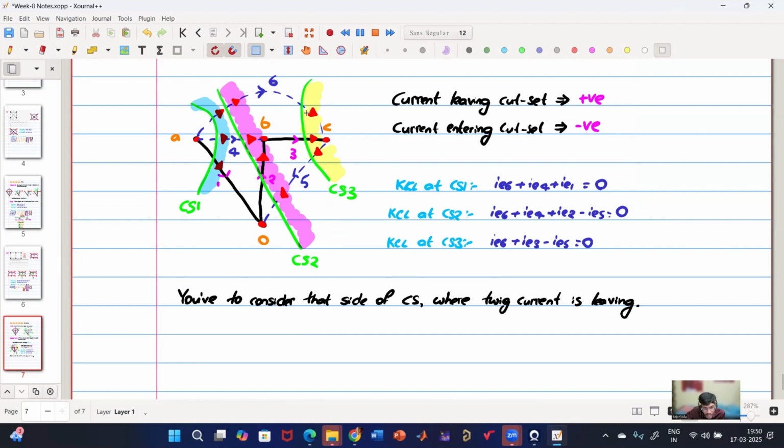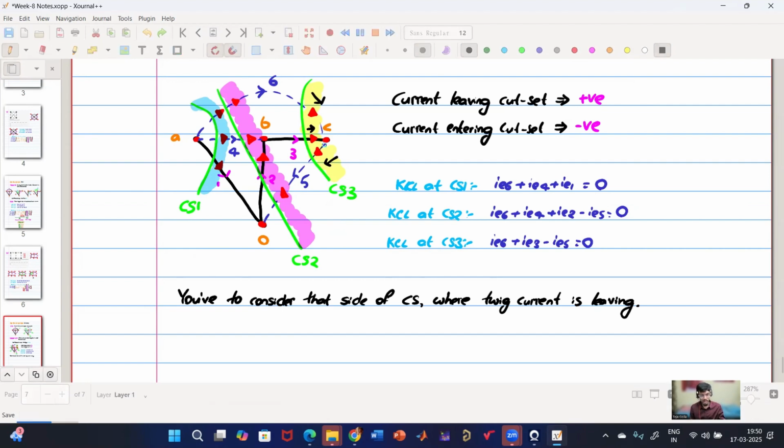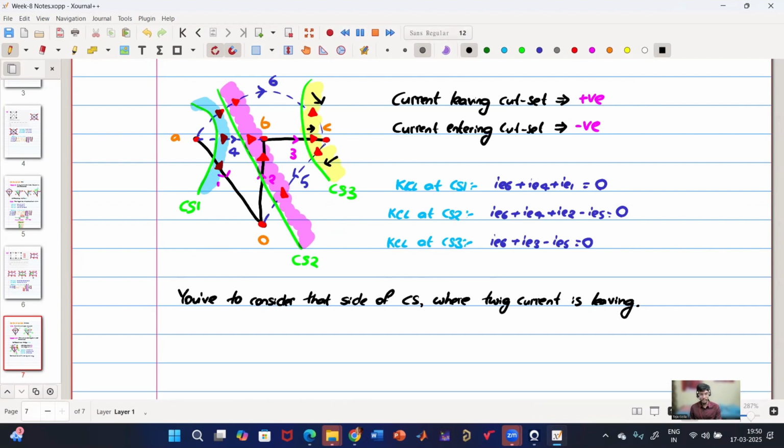Because this side of the cut set, current is entering, like this, right? So current is going in this direction. Here current is going in this direction. Here current is going in this direction. So IE6 and IE3 are leaving. IE5 is entering. Not clear or clear? I know this is a little bit tricky, but if you have a query again, I'll explain. Because while you're applying the same concept for the cut set 1,